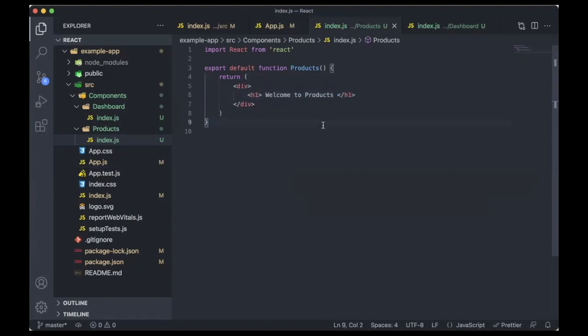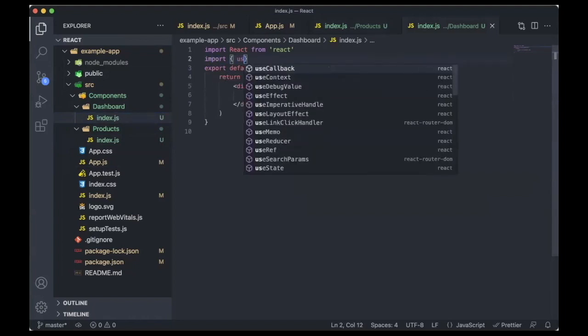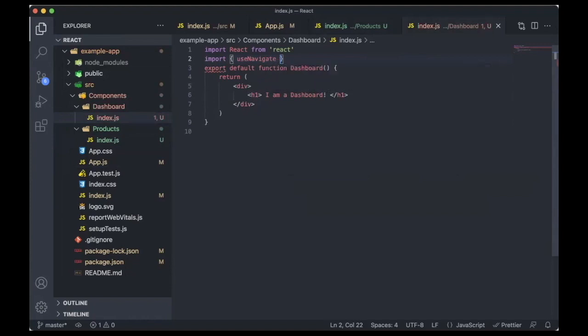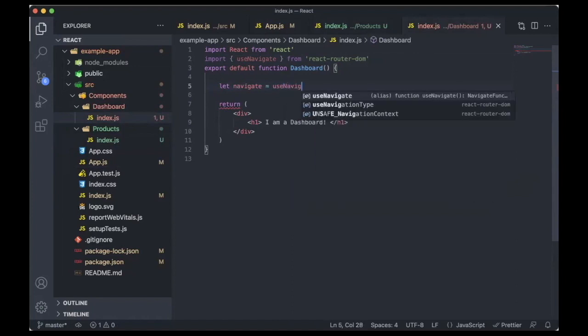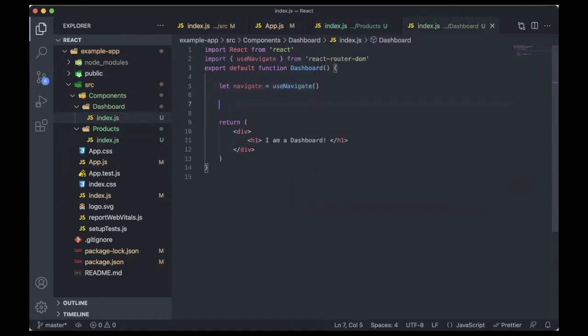All right. Now I need to go back to my dashboard. And in my dashboard, I am going to import useNavigate from react-router-dom. So once I import useNavigate from react-router-dom, I need to store this hook. So I'll create here a let variable called navigate, and I'll store this hook.